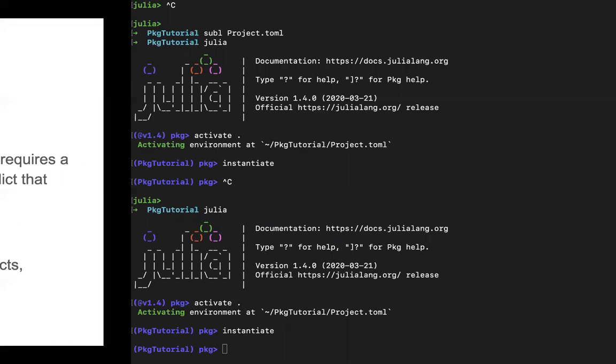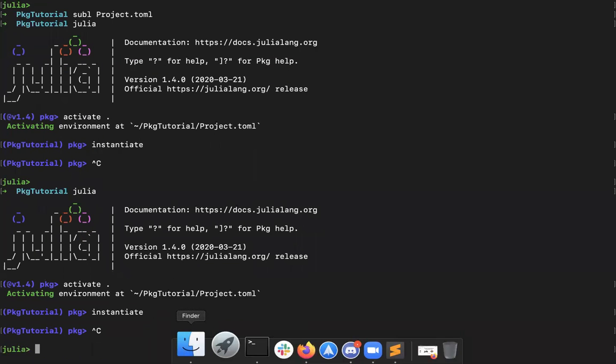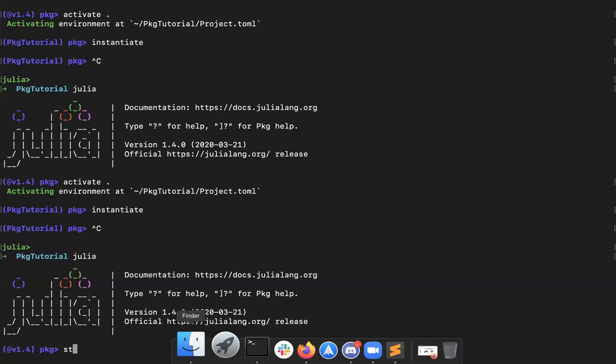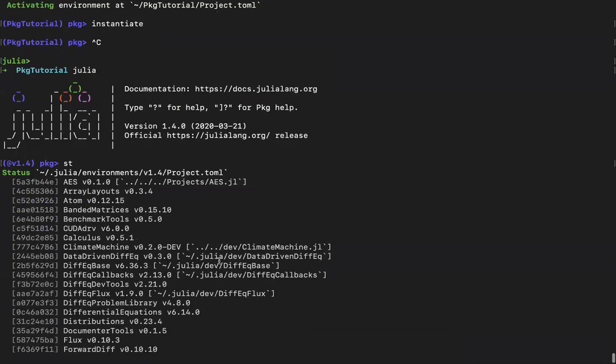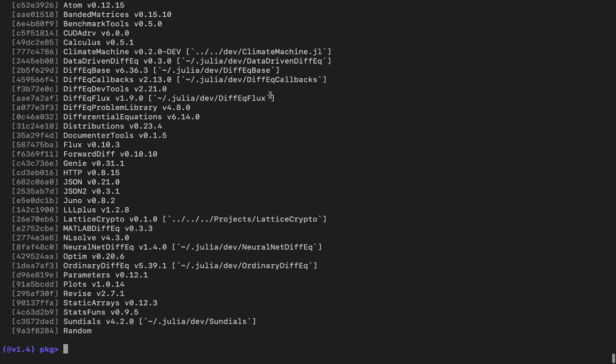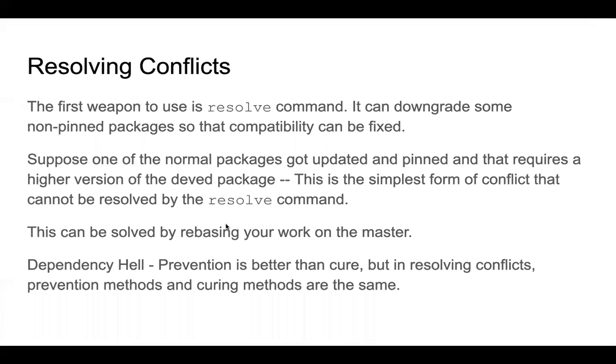So I currently have a really bad case on my laptop. My default environment contains so many packages, and so many packages are in development. This is not good. Please don't make your environment look like this. I'll help you, and tell you what to do when you get such a conflict.